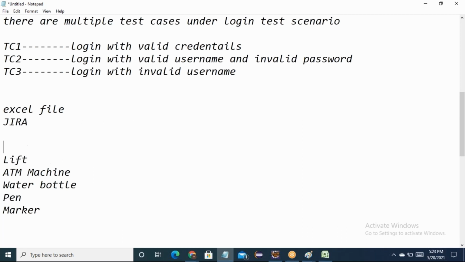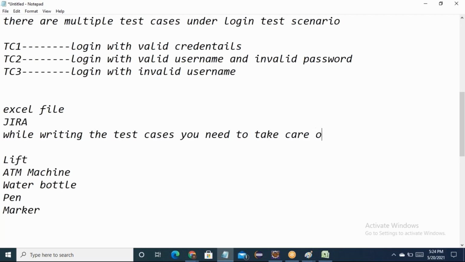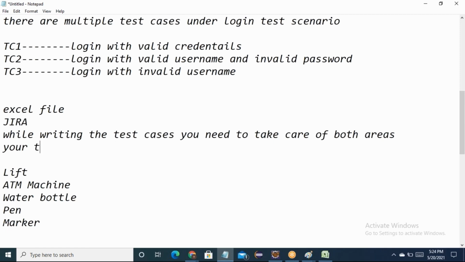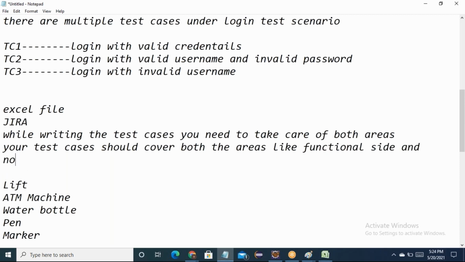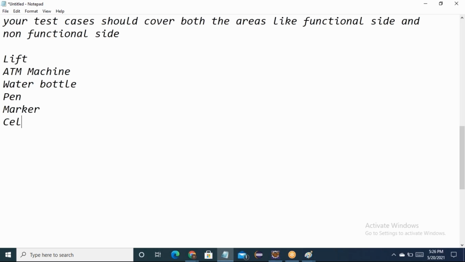While writing the test cases, you need to take care of both areas. Your test case should cover both the areas, like the functional side and the non-functional side. Any doubt? And an ATM machine, mobile, cell phone,